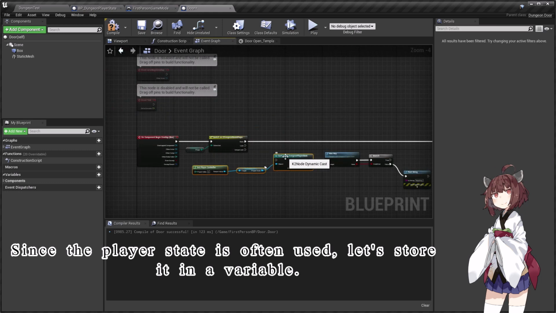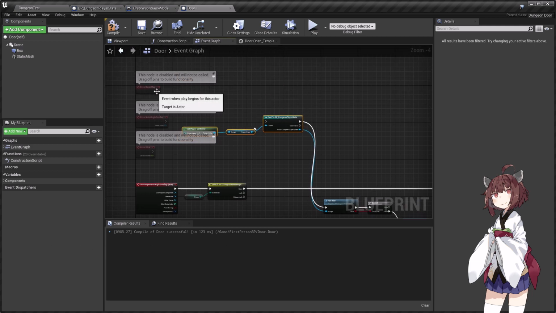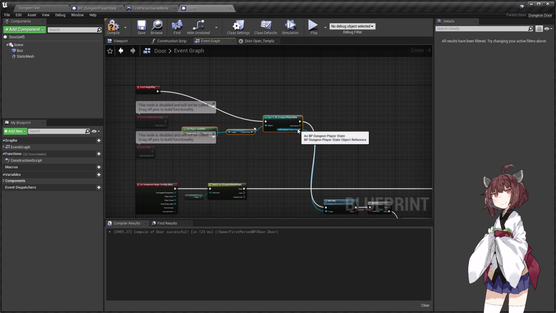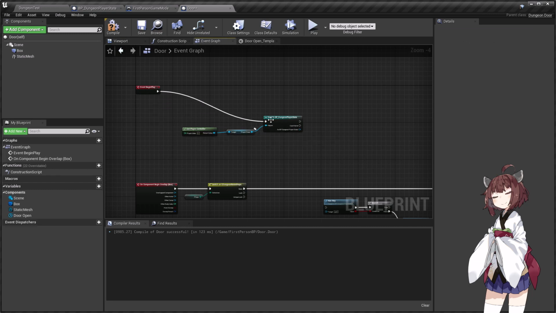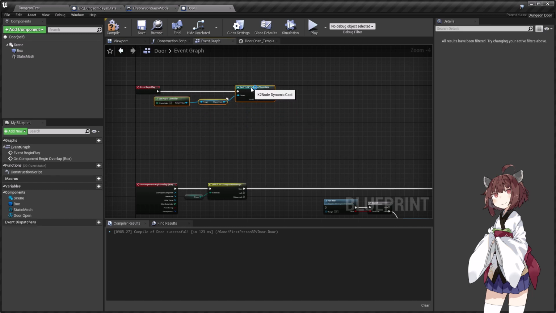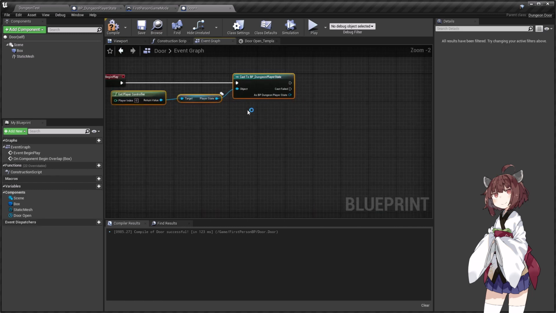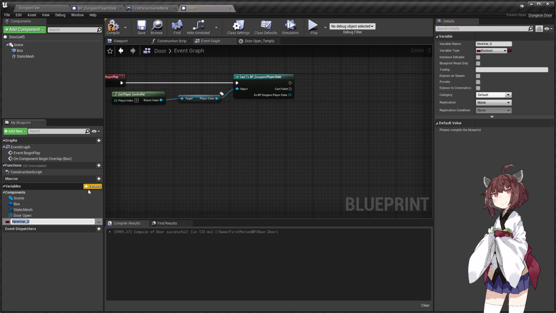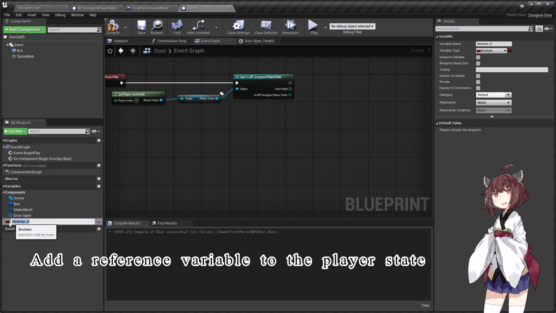Since the player state is often used, let's store it in a variable. Add a reference variable to the player state.